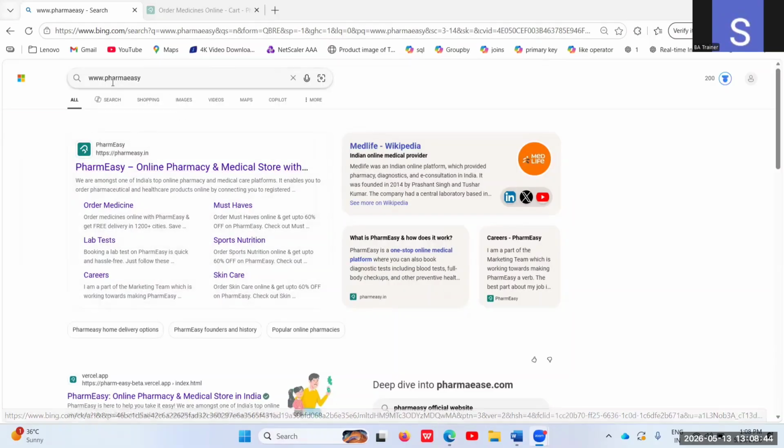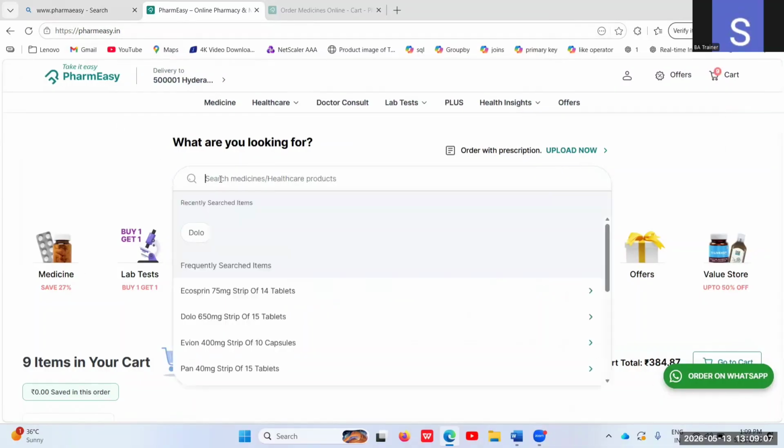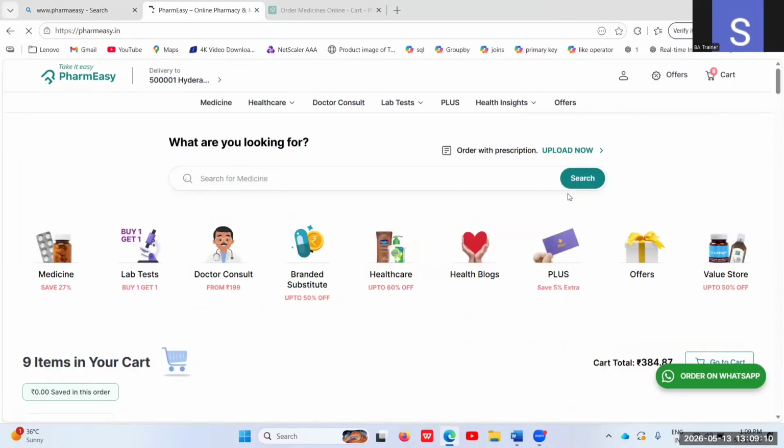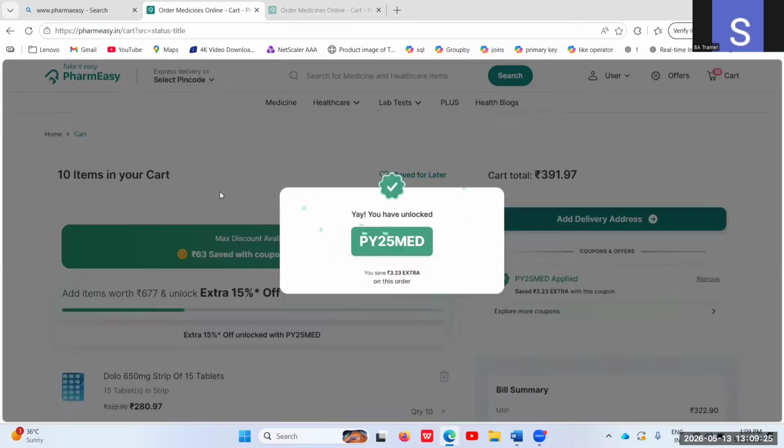The application name is Pharma Easy. The actual steps: the user has to land on pharmaeasy.com, and once the site is opened by the user, they will land on the homepage of Pharma Easy. The user will see a search bar. In the search bar, the user will enter the medication details and click the search button. Now the user will see the medication details, and he or she will select the quantity and click the view cart button, and the user will see